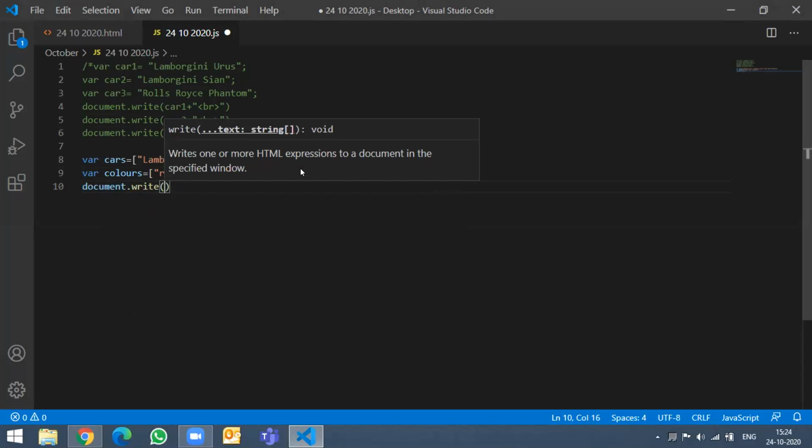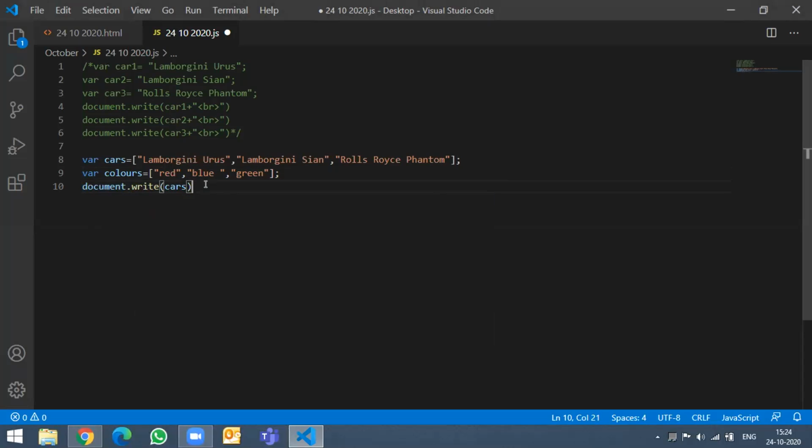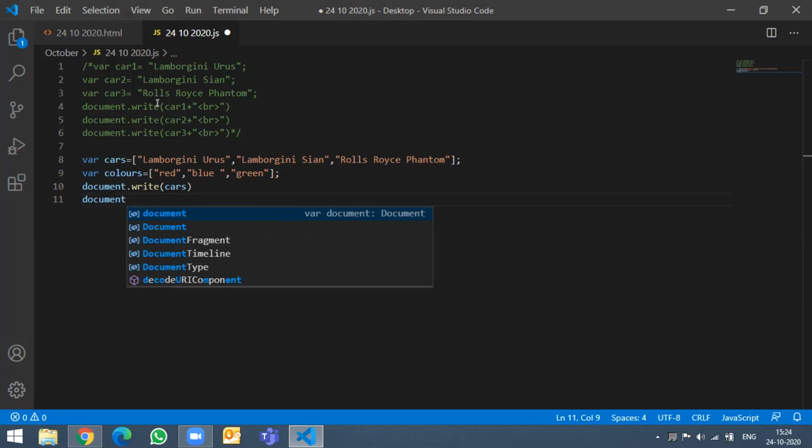Have you given the right file name in the source? We'll make one more document.write, right? Yes, you will require one more, but end the first one with a semicolon. Every time the statement has to end with a semicolon.